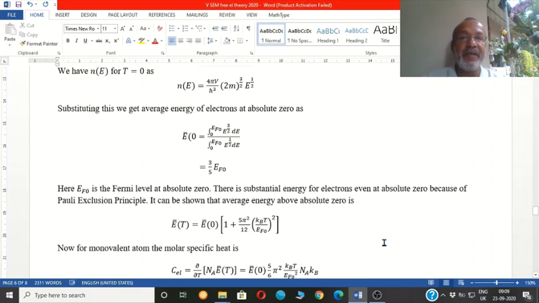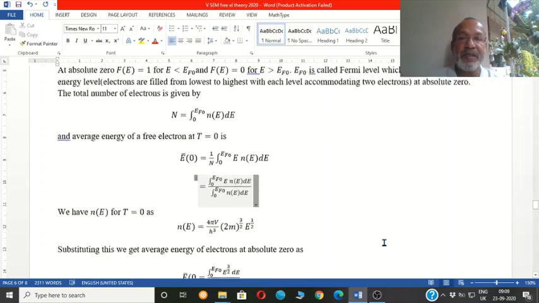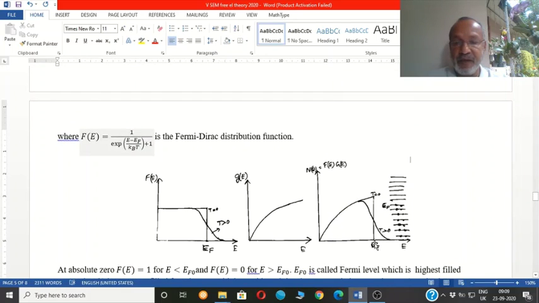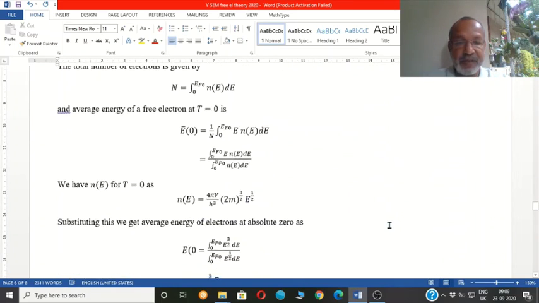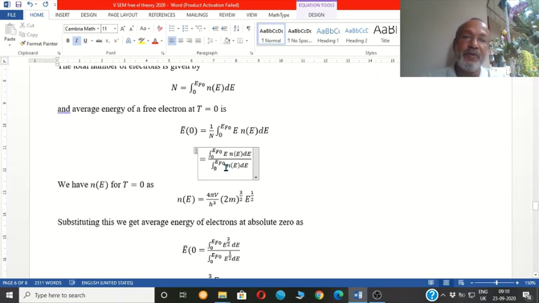That is actually a difficult calculation because above absolute zero, particles are going beyond EF0. So the integral will be from here up to this value. So in this integral, we have to do that. That is a very lengthy and tedious calculation. Probably you will study that if you go to MSc class. Here I will only give the final result of the calculation. If you are interested in those calculations, you can refer to a good textbook on solid state physics.